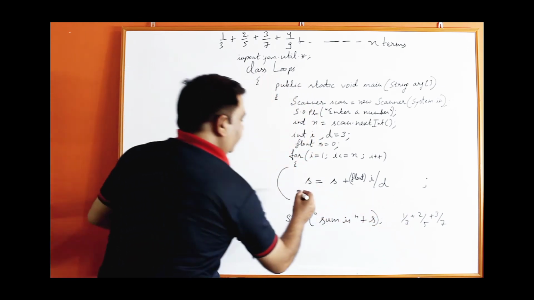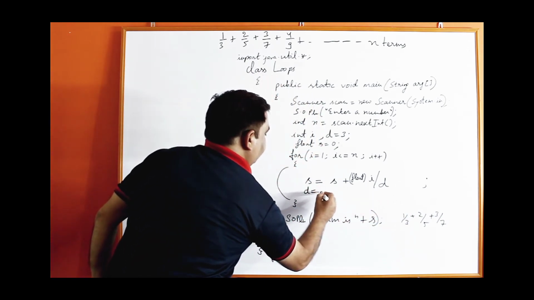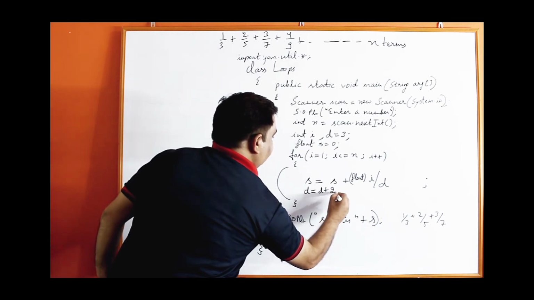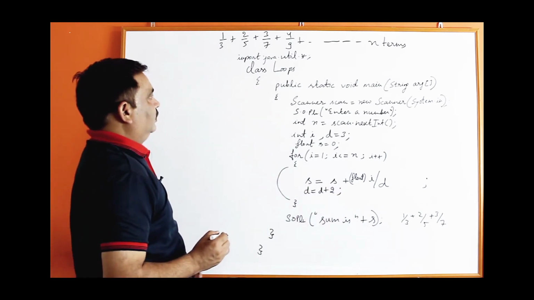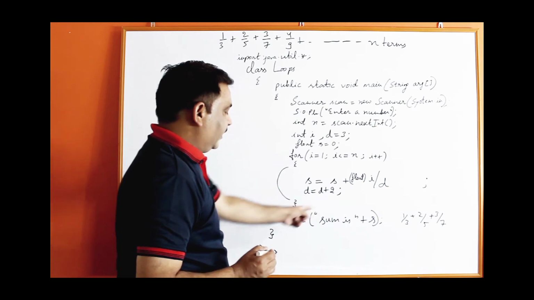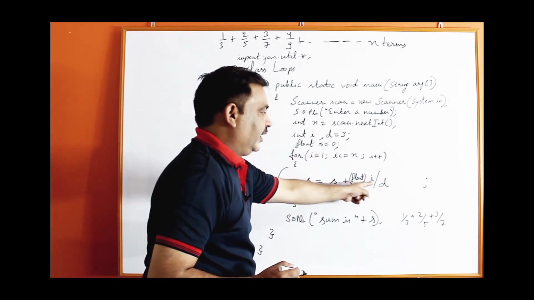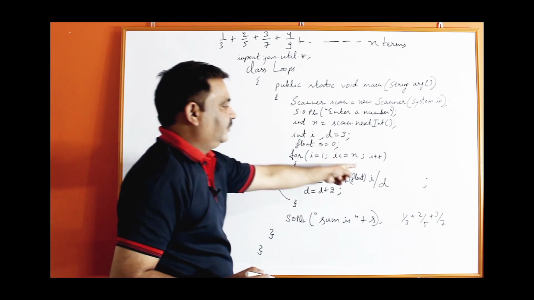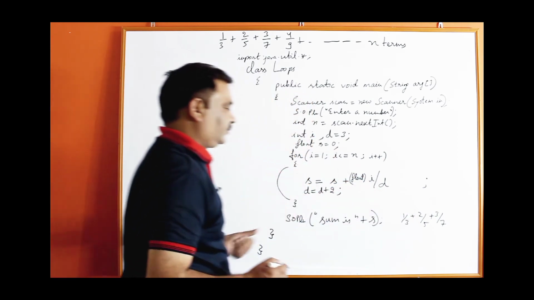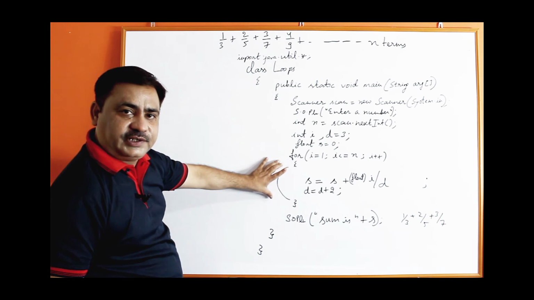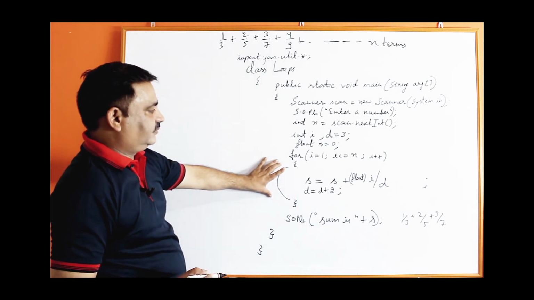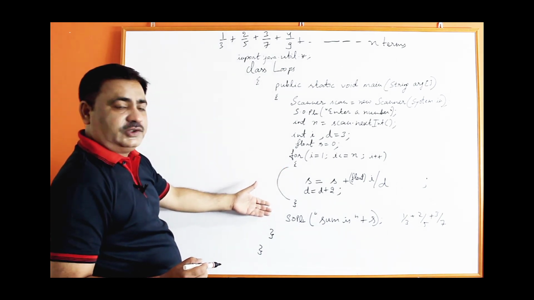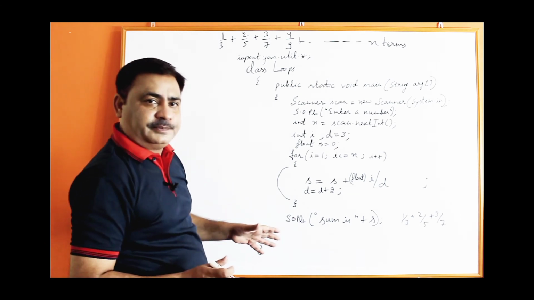But for the second term, within the loop you have to write d equal to d plus 2. So 3 plus 2, 5, the second time i will become 2 and d will become 5, 2 upon 5, 5 plus 2, 7, i will become 3, 3 upon 7 and so on. In this way you can also get the sum of the series. So this is the second method. So there are many ways you can do the program.